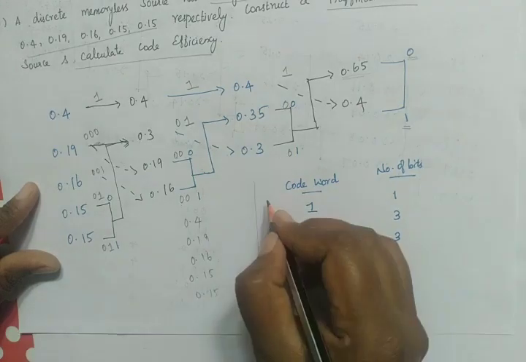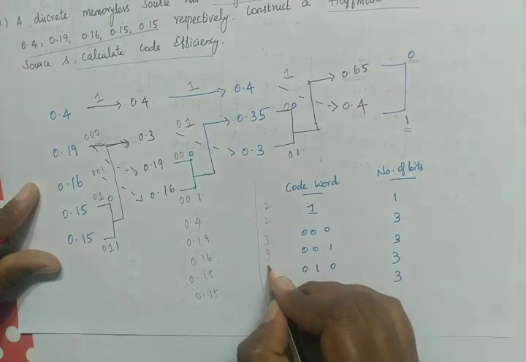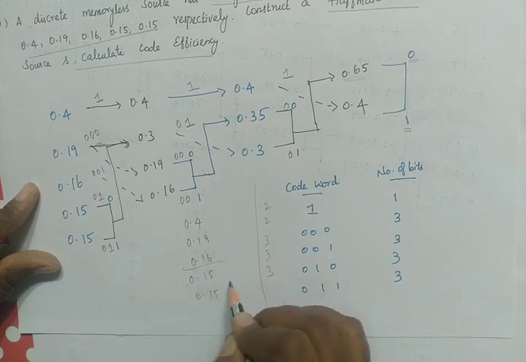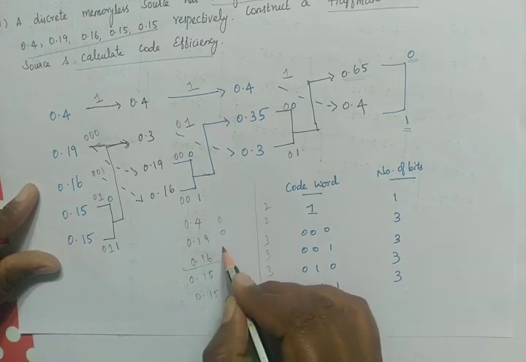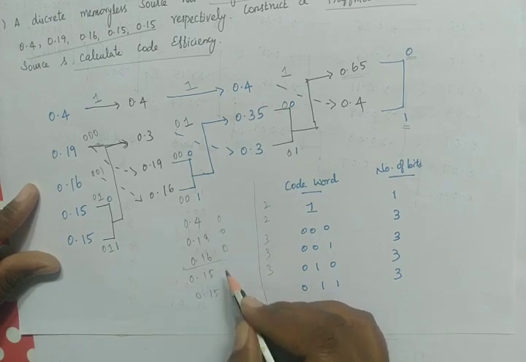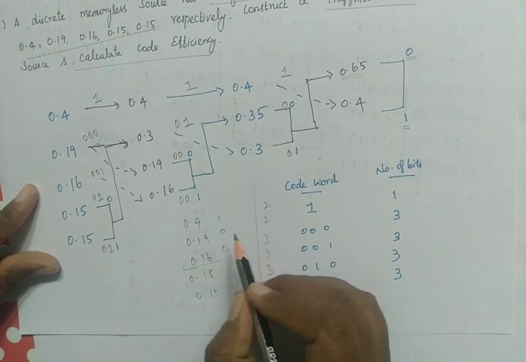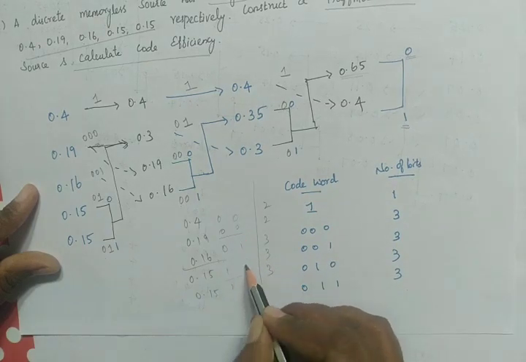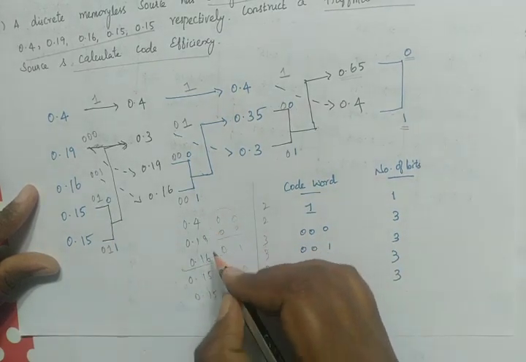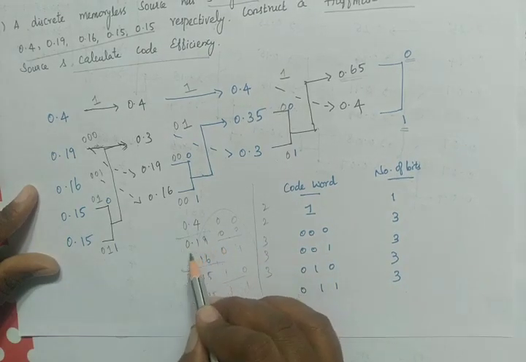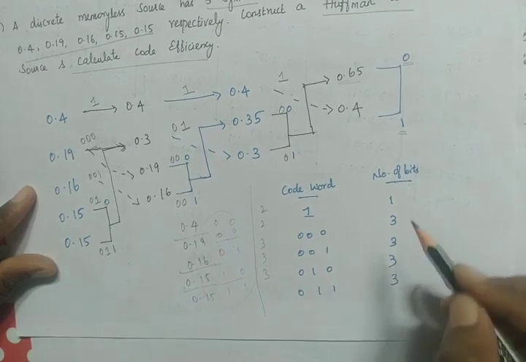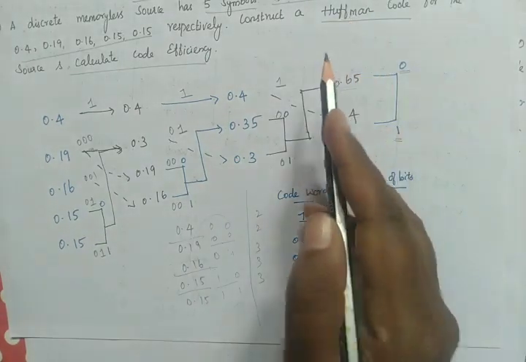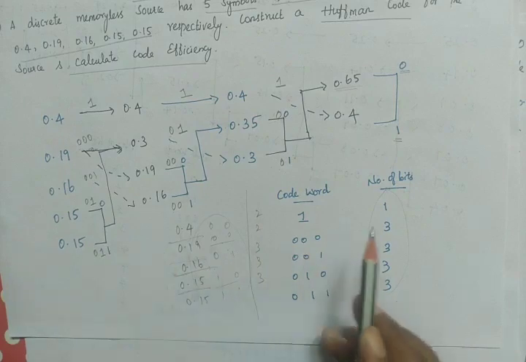In Huffman code, if you are getting 2, 2, 3, 3, 3 as the number of bits, then according to that we can change this, isn't it? If it is 2, 2, we can write this as 00, 01, then 000, 001, then we can split this into 2 again. So this will be 00, and here we have 1. If you split this, 01. So we can change anything here. We can do it as 2 or 3 or 4.